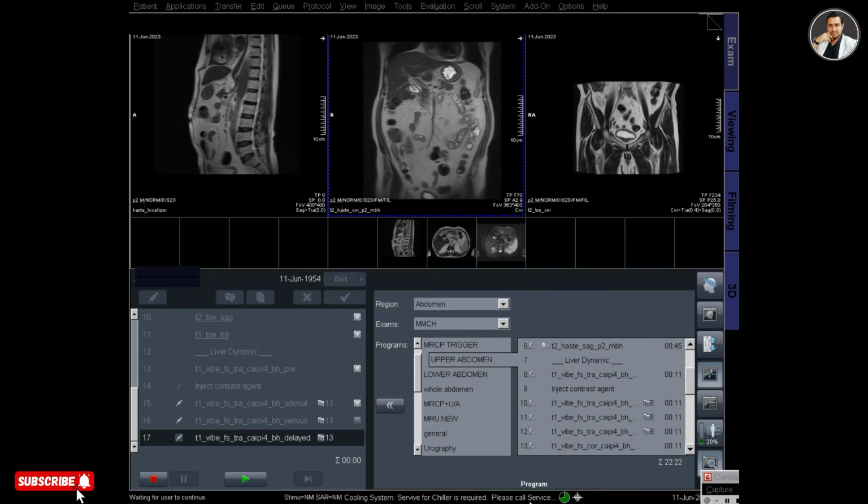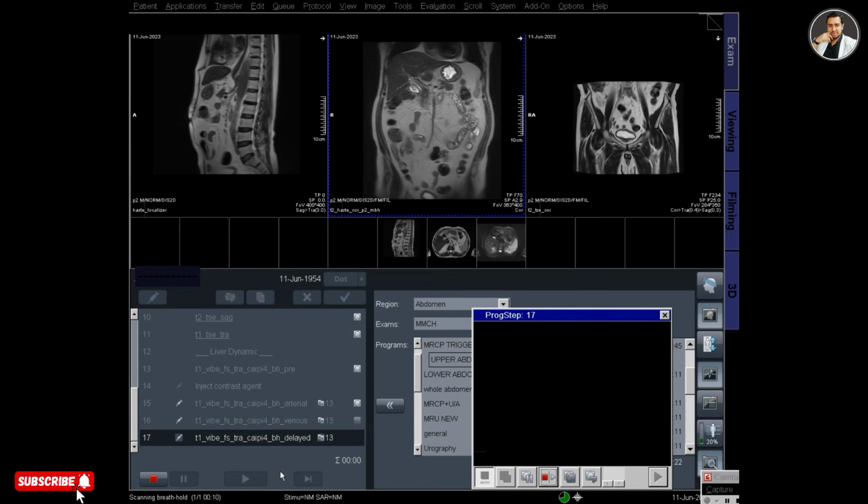I have already taken the post-contrast protocol but I failed to record it. Sorry for this. So now the delayed T1 Vibe fat set transverse is running, and the patient breath hold.